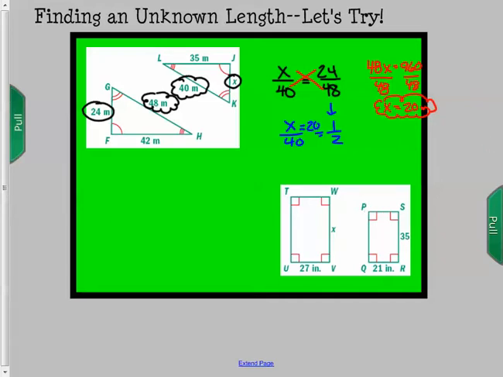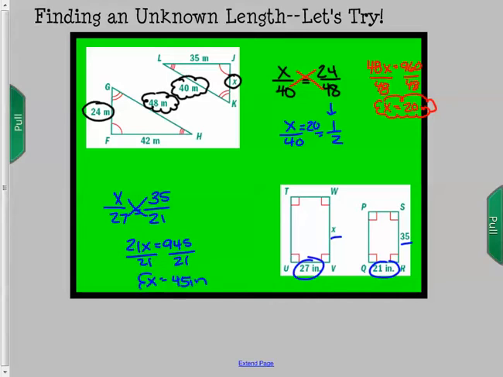Down here, they don't give us any options to use other than these. So I'm going to do x over 27 in this figure, starting with my x, and then x is paired with 35, so 35 goes on top. And 21 is paired with the 27, so it goes in the denominator at the bottom. So x times 21 is 21x, and that equals 35 times 27. So 945, and we divide by 21, and we get 45, and these are inches. Okay, so